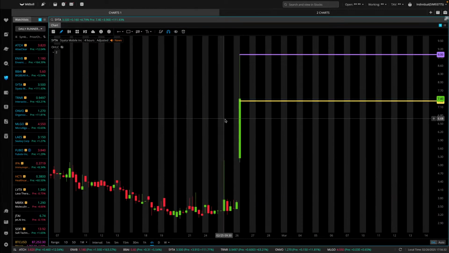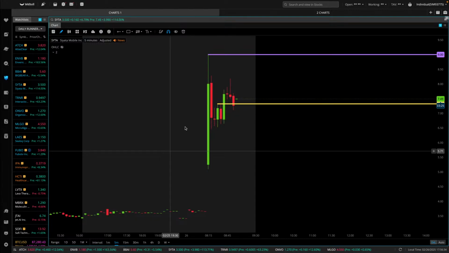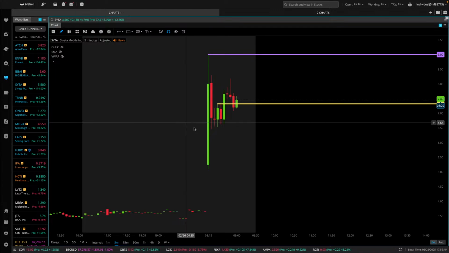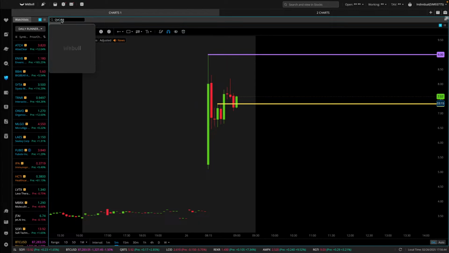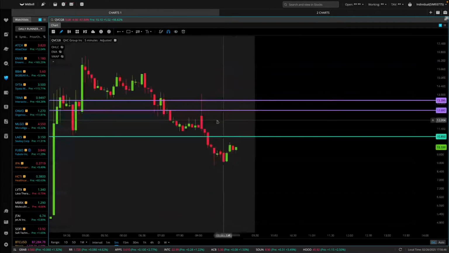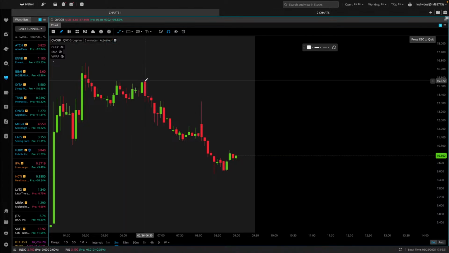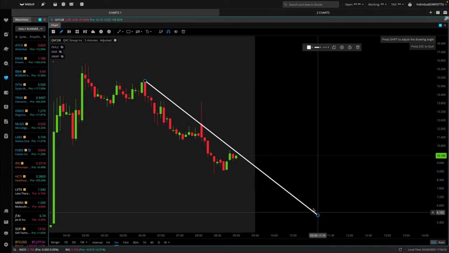SYTA. So SYTA, did it hold VWAP? It did not hold VWAP. Broke below VWAP, so we're gonna have to wait and see. That QV CGB is too long for me to type, so I'm not even gonna be trading that today. Personally, not interested just because I can't be asked to type this for an alert, to be honest with you.